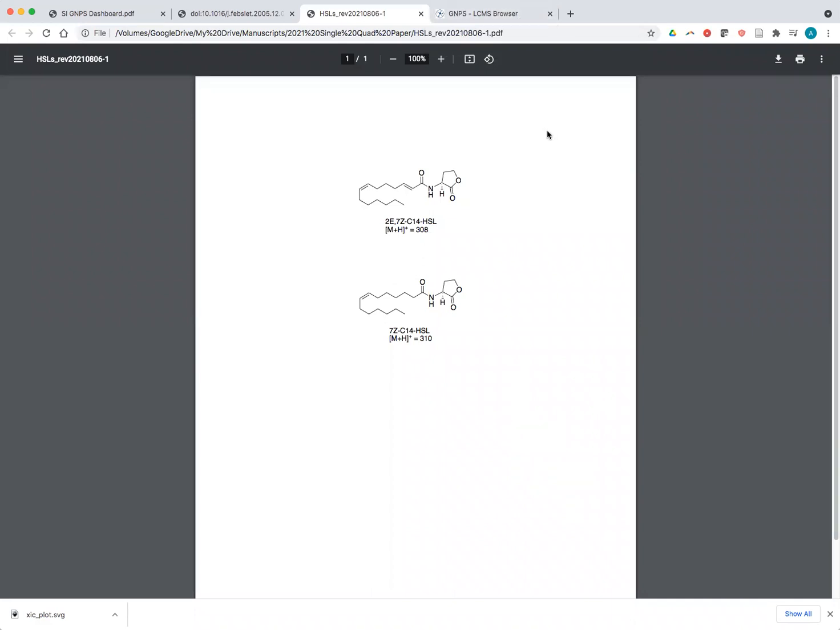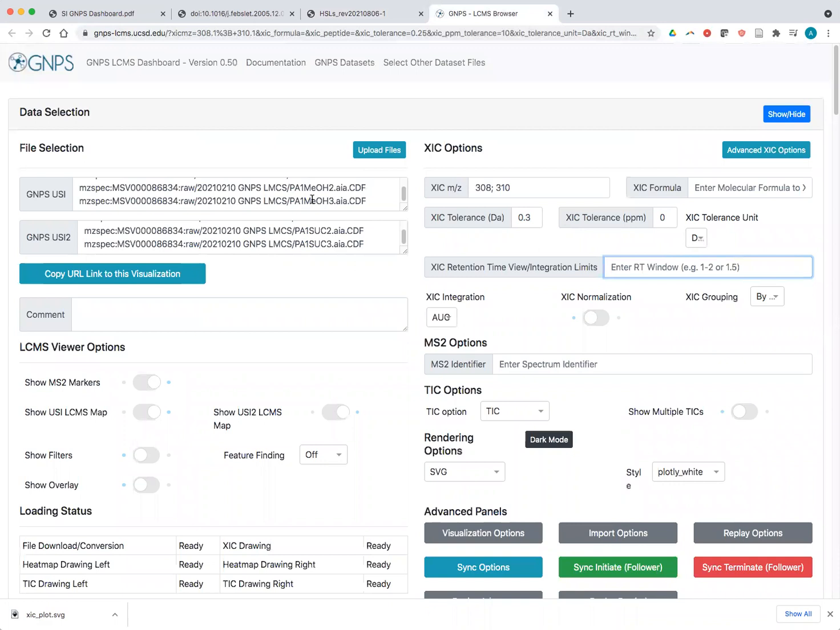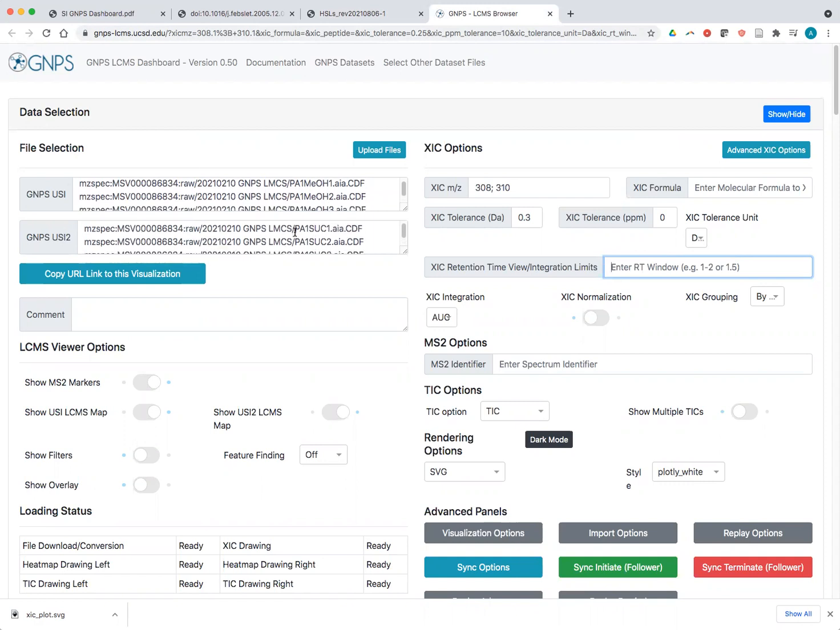We analyzed those data for the extracellular metabolome using a single quadrupole mass spectrometer, an Agilent 6120 LCMS, exported the data in a common NetCDF format, and then uploaded it to MassIVE so that it could be visualized rapidly using the GNPS dashboard. So here you can see in the first data group, we have our triplicate methanol grown cultures,